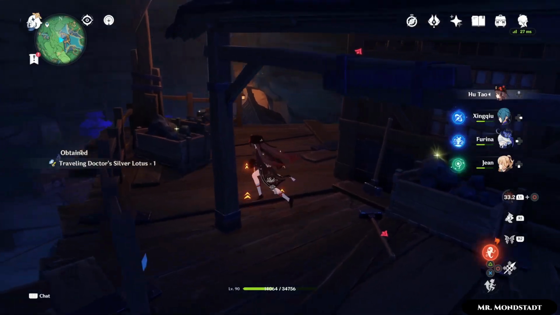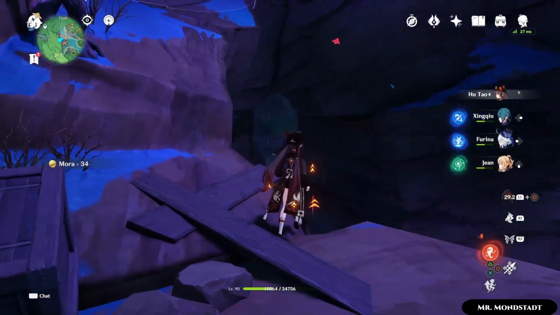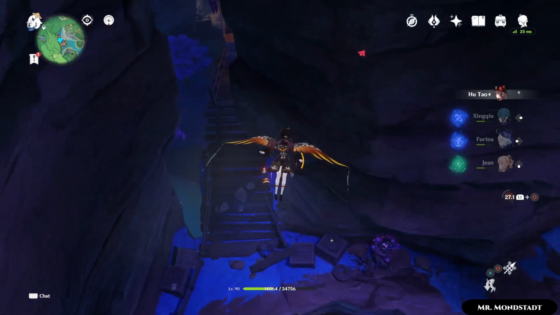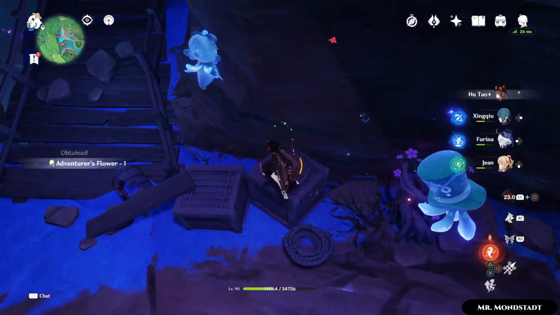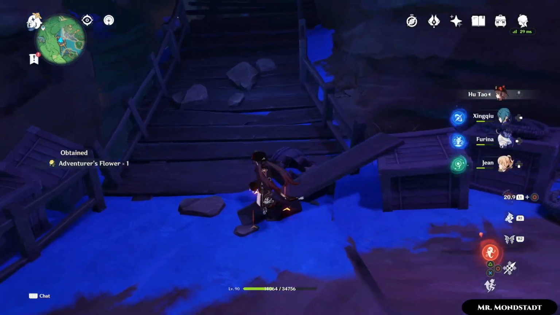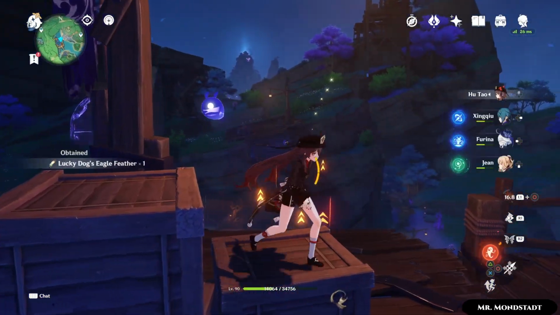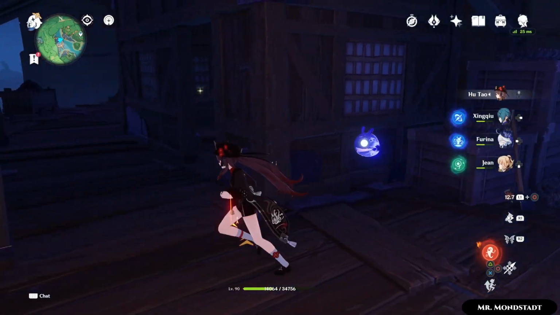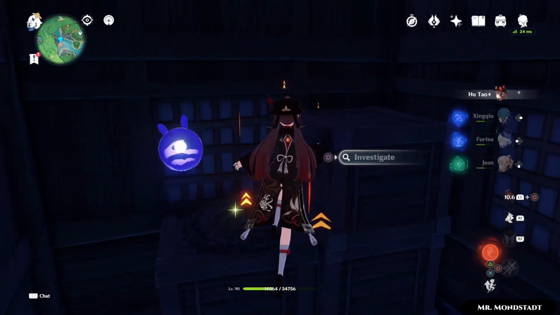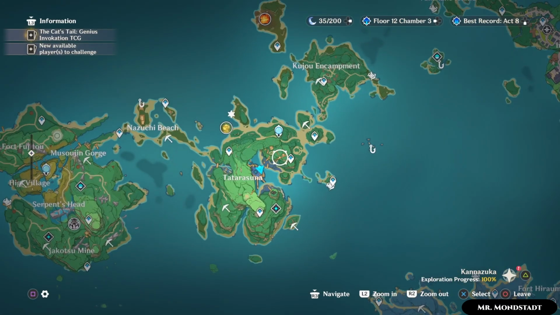Outside, these are all ores, as you might be able to guess. So we do not want them. Then we jump down here and get this box. Then go up here, another box, another artifact, and behind you in the corner, another one. And also in this house there's one more. Why not? Once you're done, teleport to this waypoint